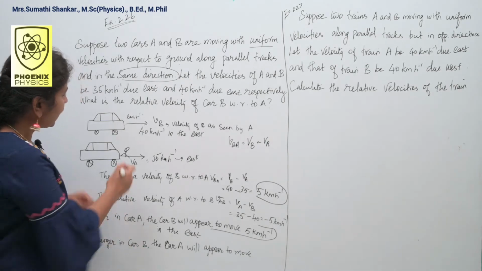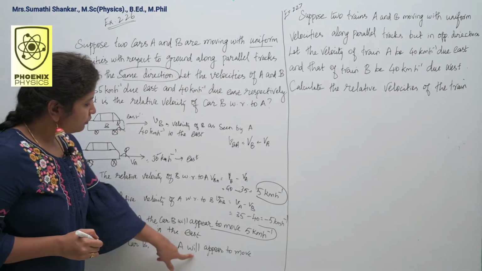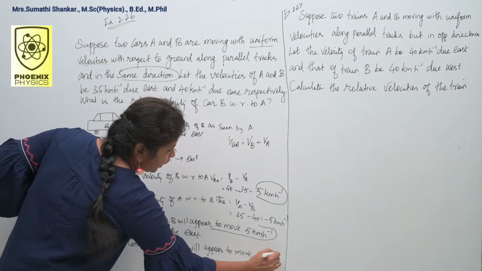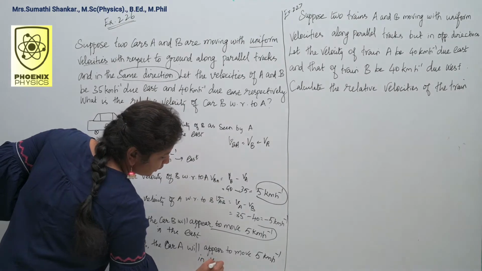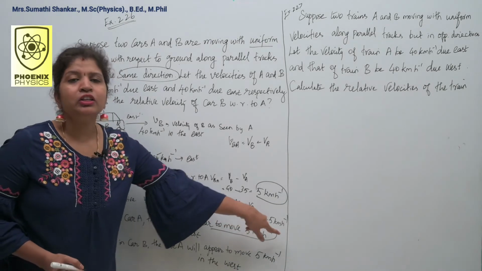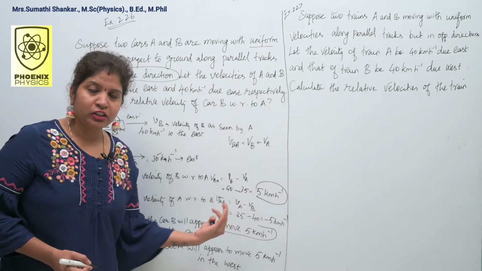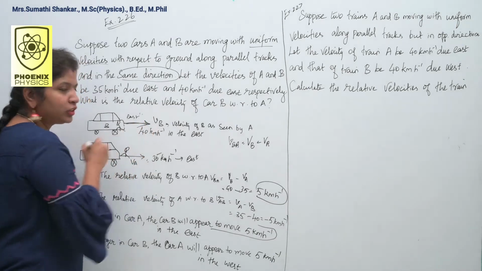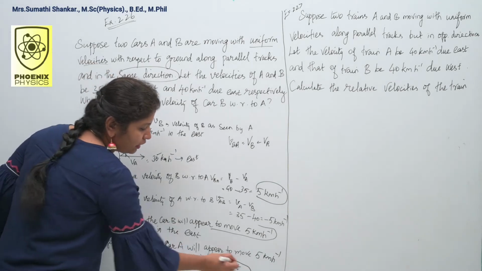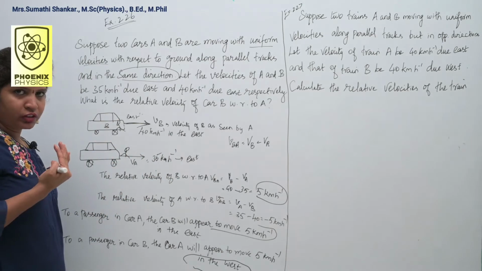To a passenger in car B, so this is our car B, for this person, the car will appear to move 5 km per hour in the west direction. Why am I saying west direction? Because we got the answer as minus 5 km per hour. So here the minus sign indicates negative direction. Here east is the positive direction, so opposite direction means west direction. That is why I have written west direction, which means the car appears to come backwards for this person in